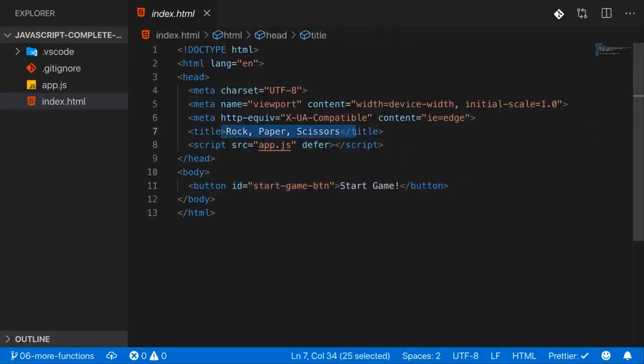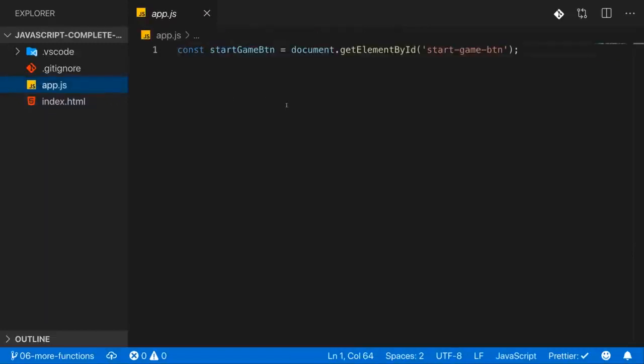As you can tell by the title, we're going to build a rock, paper, scissors game here, a very basic game. Most of the interaction will happen with the help of alerts and prompts and in the console. But we do have that button to start the game. And in the app.js file, which is getting imported here, we basically got an empty file. The only thing I added for you is this access to the button,